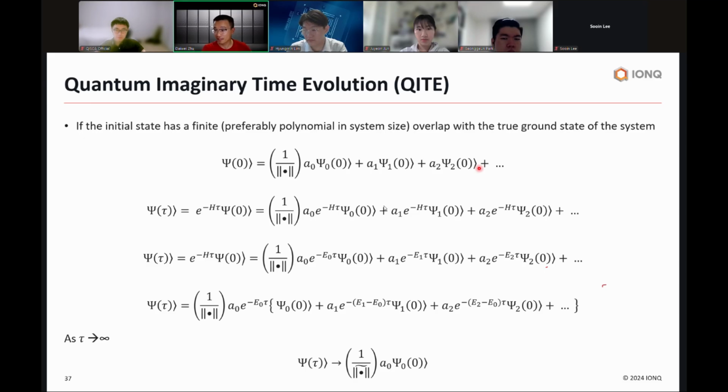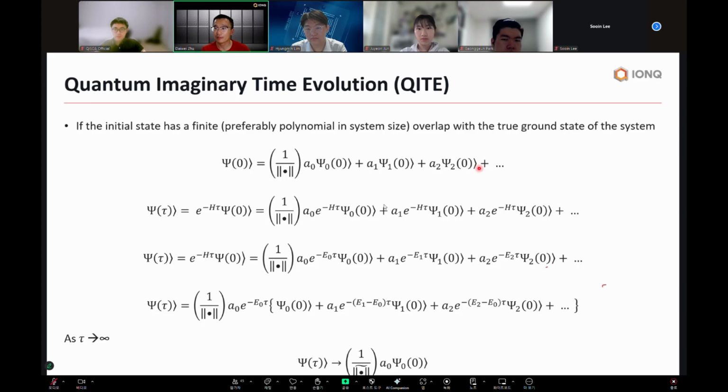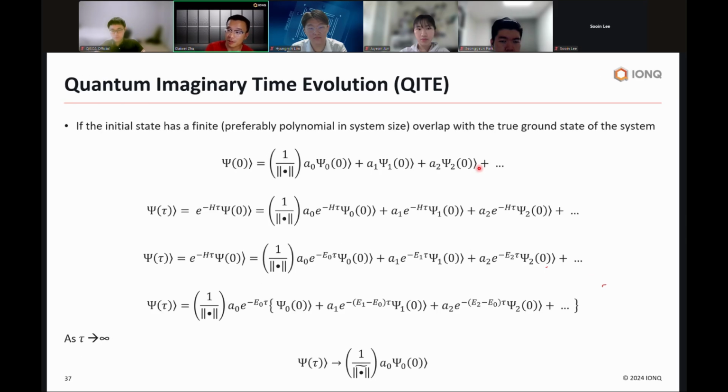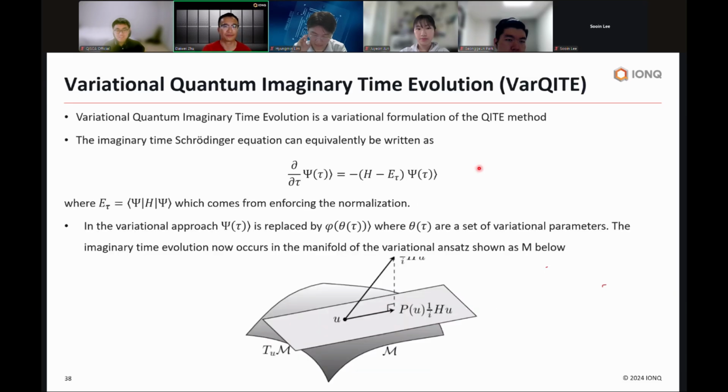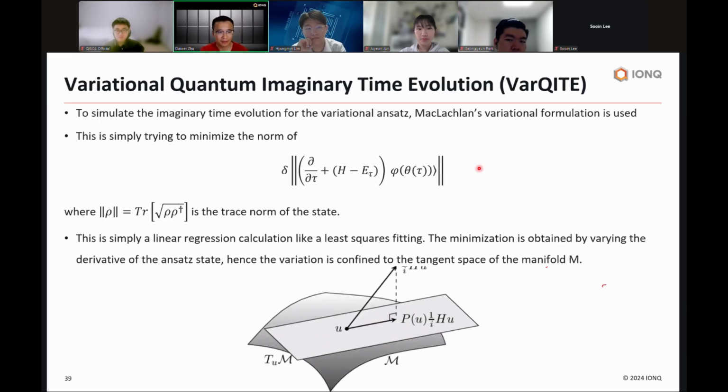If you have the ground state in the superposition to begin with, you will be left with that after some time because all the other states decayed exponentially fast. And using this formula, you can calculate what those angles should be. So it allows you to avoid this optimization that many times really just doesn't work, right? Okay, here is some more math detail about how the variational imaginary time evolution goes,